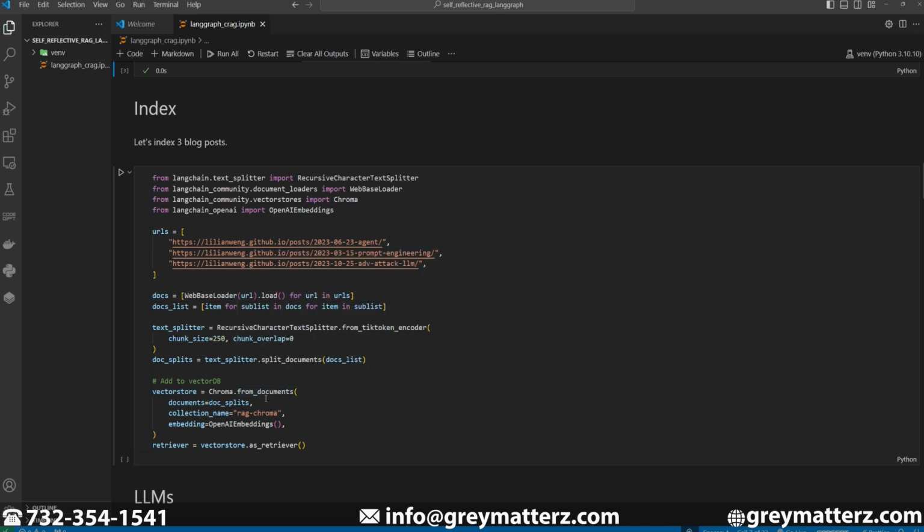From langchain text_splitter import RecursiveCharacterTextSplitter. From langchain_community document_loaders import WebBaseLoader. From langchain_community vectorstores import Chroma. From langchain_openai import OpenAIEmbeddings. urls equals